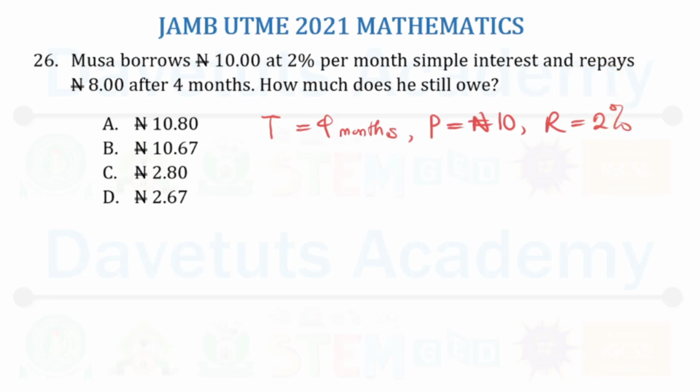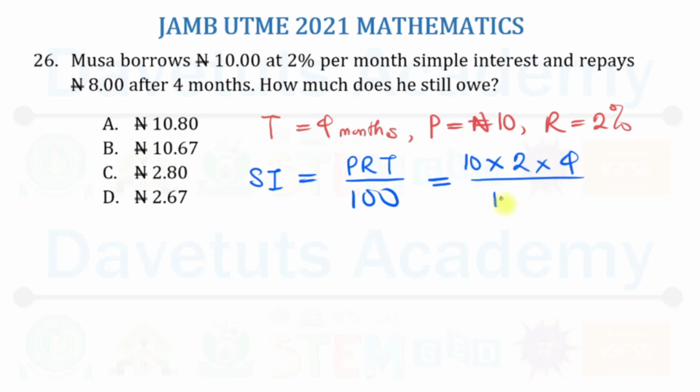So ideally, if you want to look at the formula for simple interest, that is the principal times rate times time over 100. This is what will help us to solve this, because principal was given as 10, rate as 2%, time as 4. Dividing this by 100, we have 8 over 10. The simple interest is 8 over 10, and that is 0.8 naira. Okay, so if that is the case, it just means that after 4 months, the total amount of money that needs to be paid by Musa